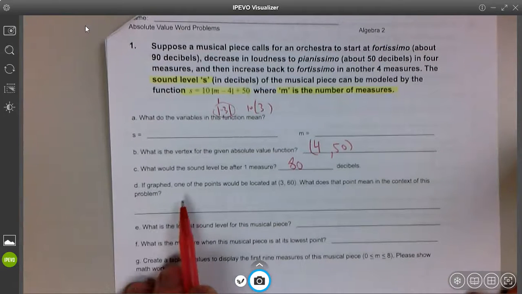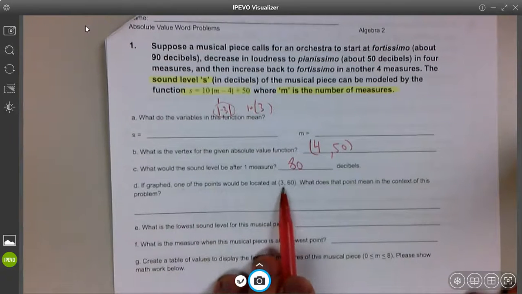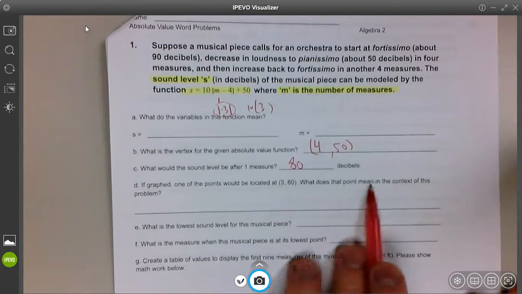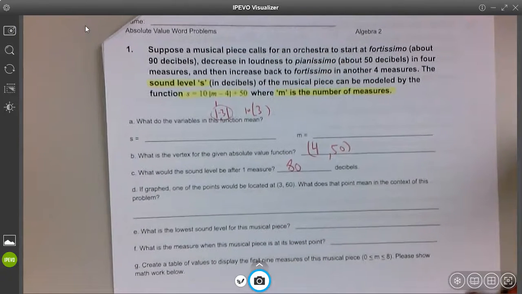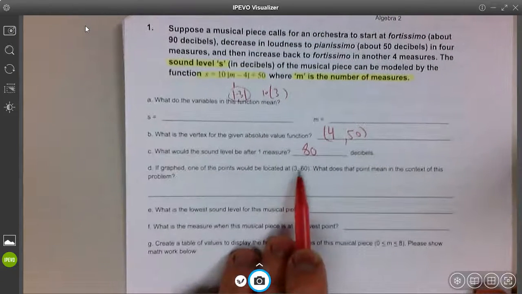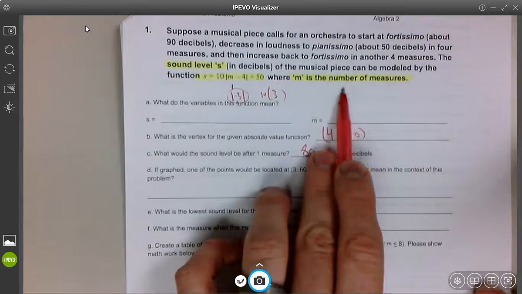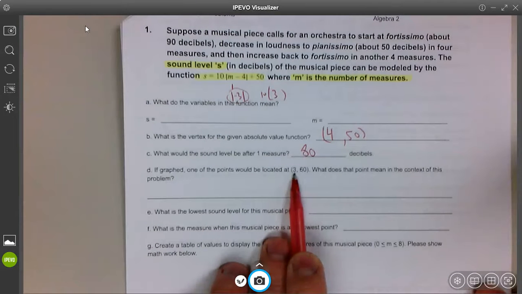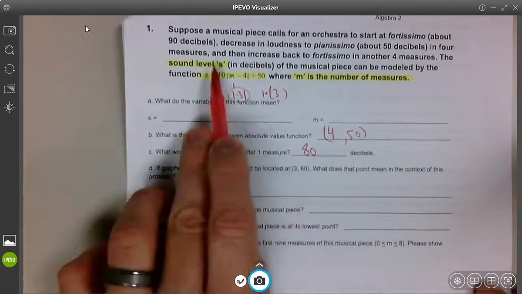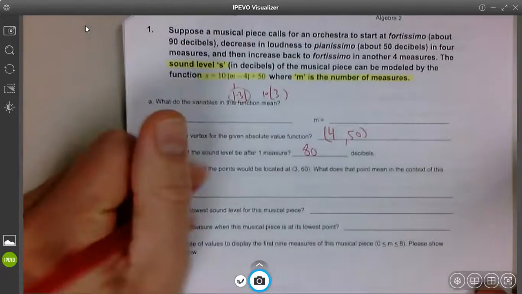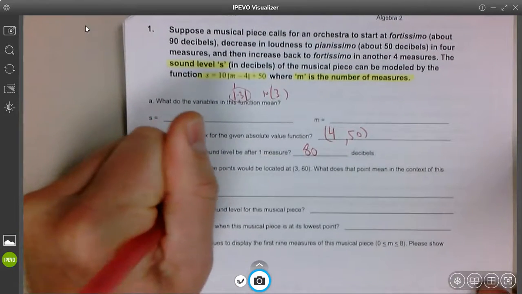Okay? If graphed, one of the points would be located at (3, 60). What does that point mean in the context of the problem? Well, the 3 comes from our M, so that's the number of measures. So I'm just putting units on this. 3 measures, 60 decibels. So we would just say after 3